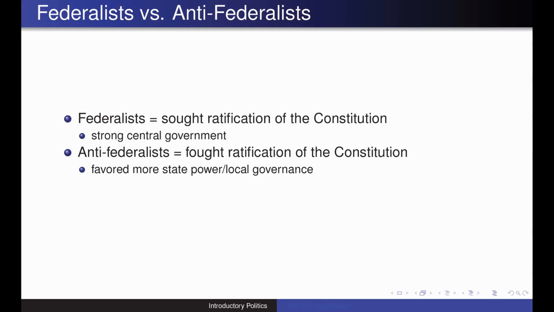Part of that ends up showing itself through various events historically, such as Shays' Rebellion, which is where the state of Massachusetts essentially needed help from the federal government in order to put down a rebellion. Congress said that they would, but they ended up not being able to send any money because they didn't have the money to send. They asked for states to send the money to Massachusetts. The states said no, and so it created a very difficult situation for the state of Massachusetts when it came to putting down this rebellion.